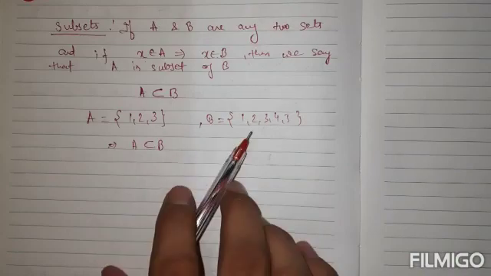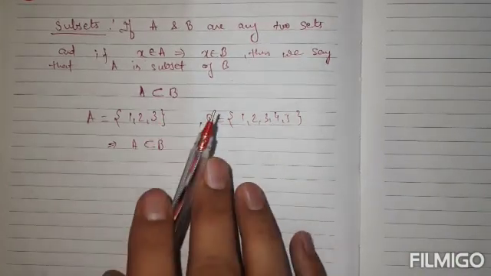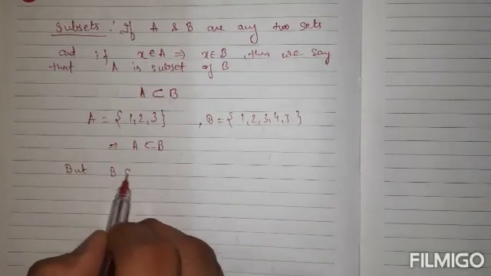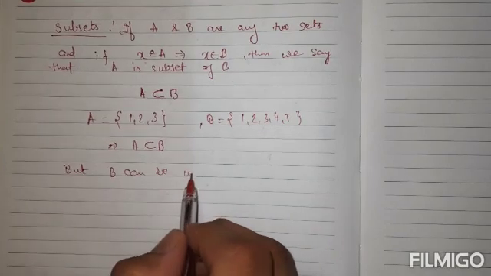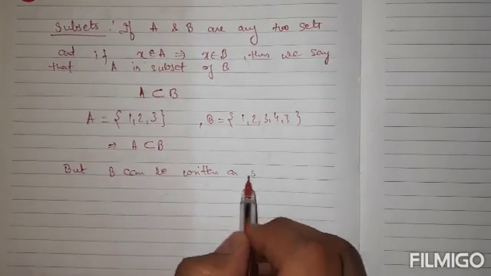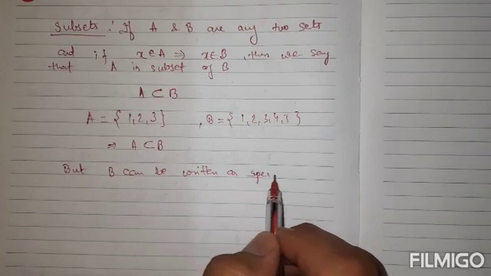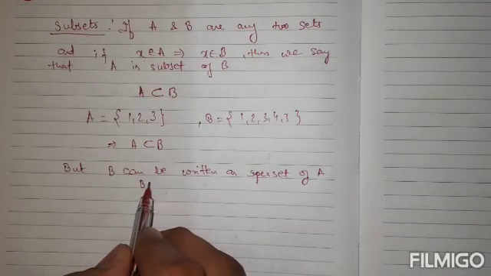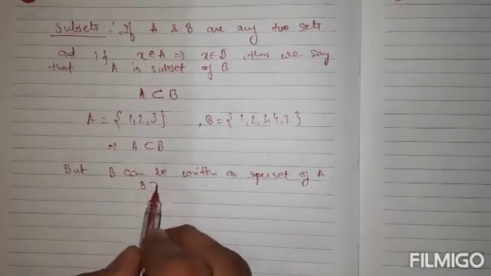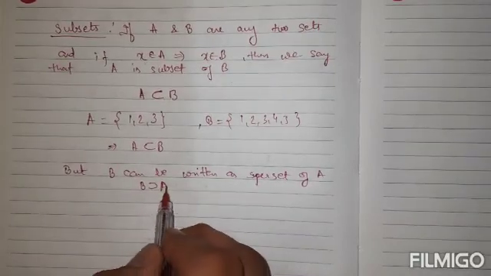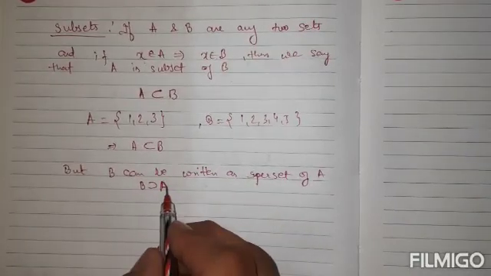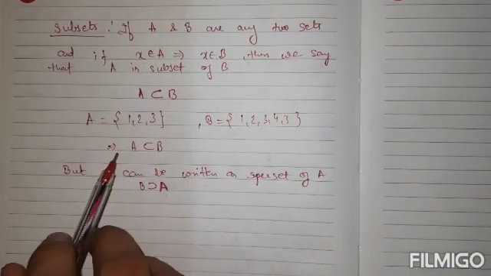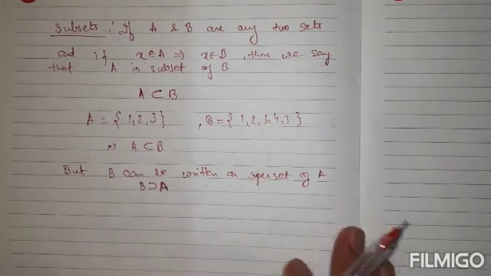Here if A is a subset of B, then it is not necessarily true that B is also a subset of A. But we can write B as a superset of A, and the symbol for superset is just the inverse of this one, like this. But see, this symbol is not in use as of now, so we will not focus very much on this symbol, B superset of A. We will always use this symbol, A subset of B, only.